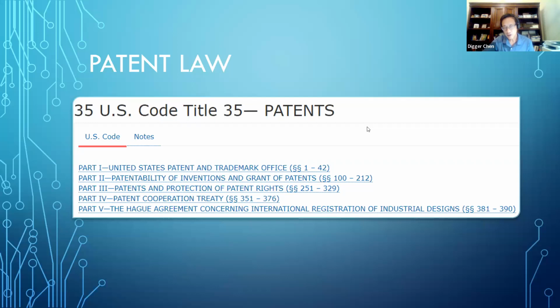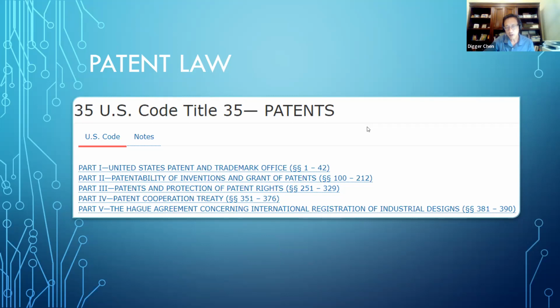And there's a patent law that governs this patent. 35 US Code, Title 35, is patents. So part one mainly talks about how the US Patent and Trademark Office has the authority to govern patent and trademark. By the way, copyright is a different office called the US Copyright Office. It's different. USPTO only governs patent and trademark. They are together. And then part two talks about